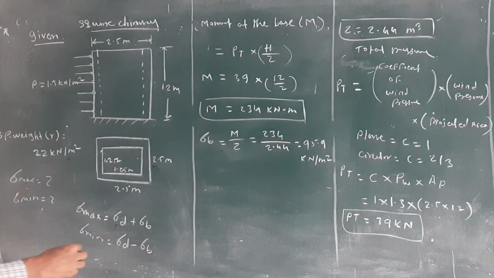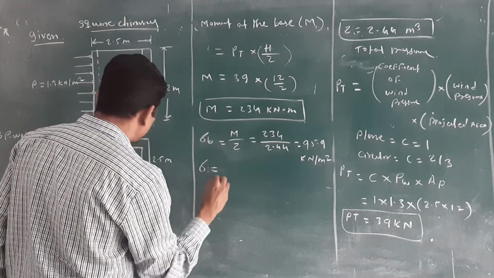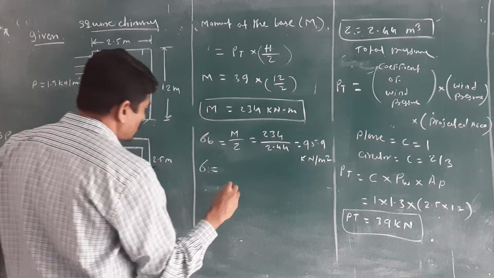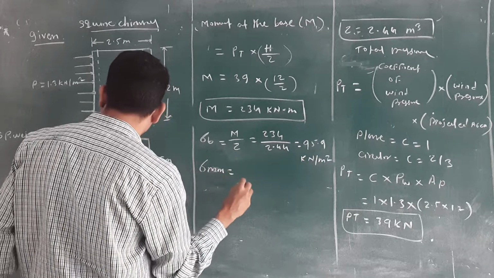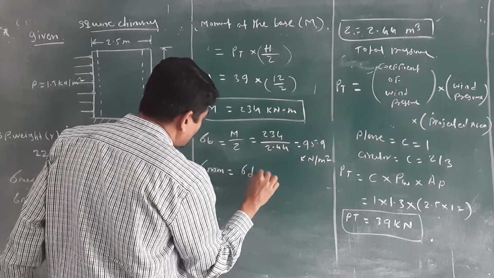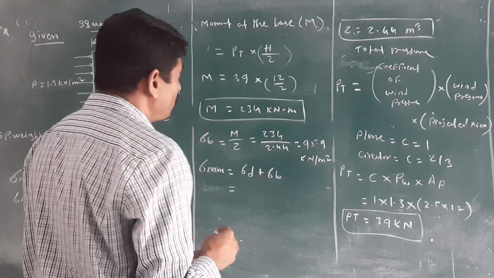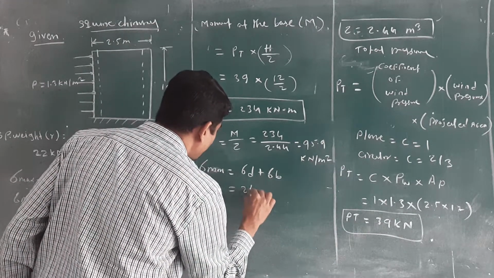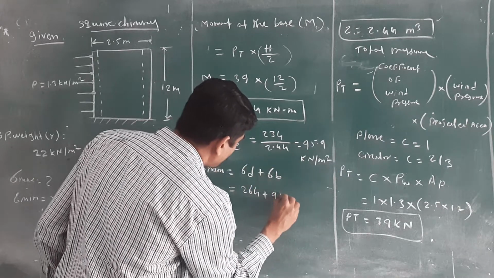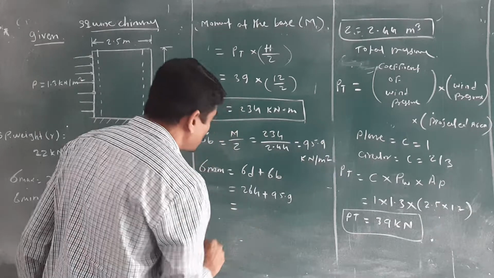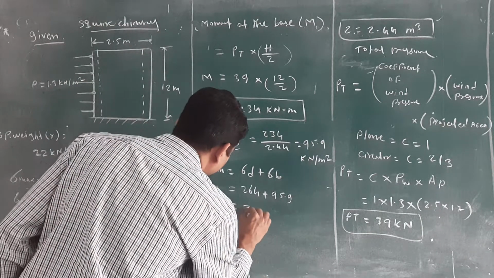Once you have calculated the sigma B and sigma D value, then easily you can calculate the maximum stress and minimum stress. You know that the stress is sigma max and sigma minimum. Sigma max is equal to sigma D plus sigma B. What is the sigma D value? We have calculated 264, yes. Plus what is the value of sigma B? 95.9. Then you will get the sigma max 359.9